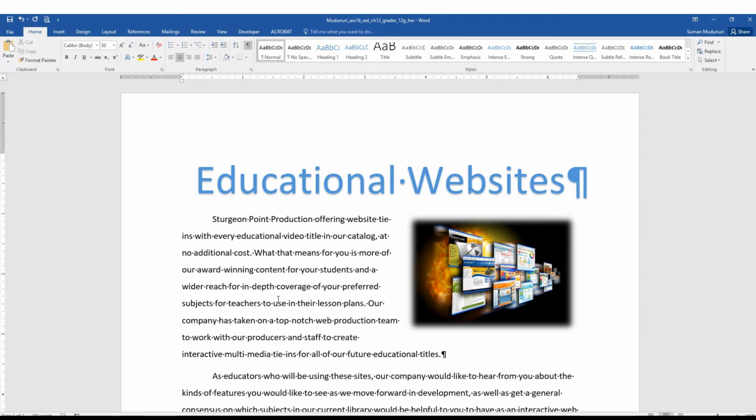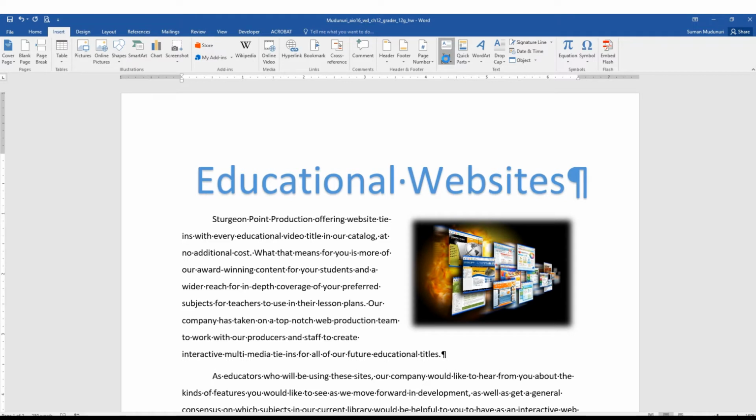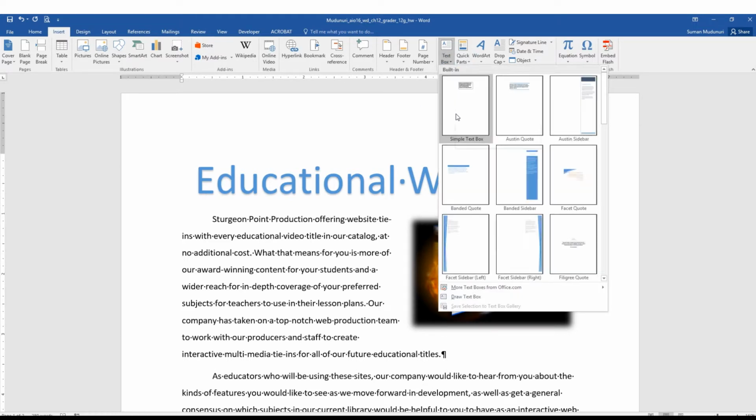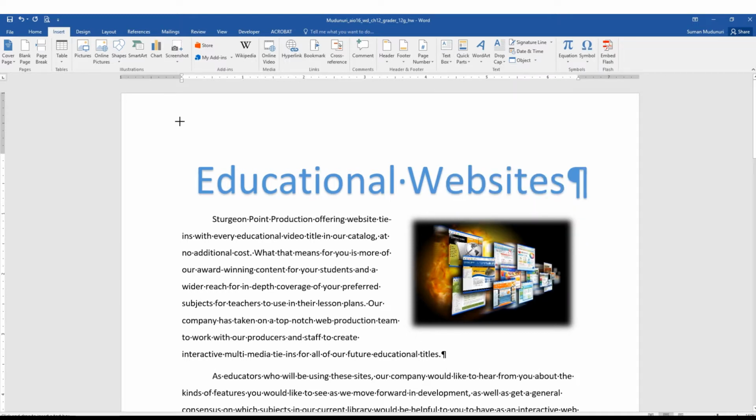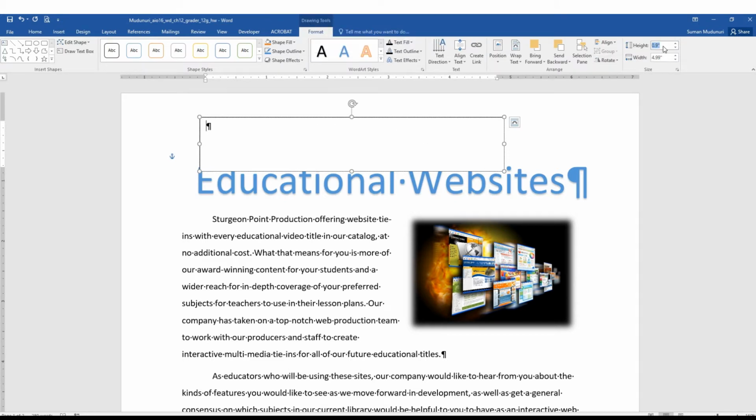Move to the top of the document, insert a text box above the title. So I'm going to click on insert text box over here in the text group. And let's see what kind of text box. Change the height of the text box. I'm just going to click draw text box. I'm going to insert a text box above the title, and they'd like us to modify the height to 0.5 and the width to 3.7,